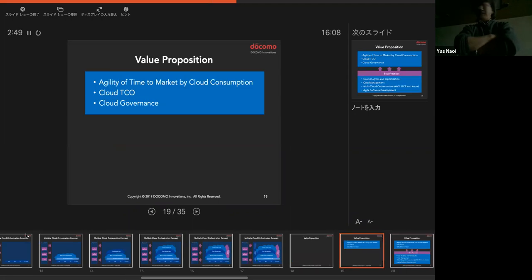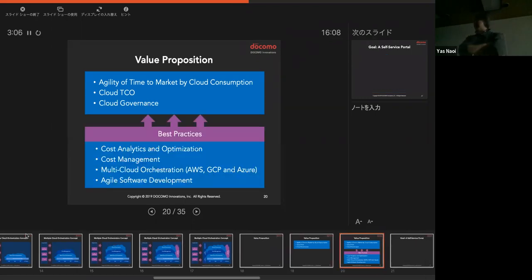And then the value proposition of the Cloud Orchestrator: Docomo is seeking agility of time to market by using the cloud. And we are concerned about the cloud TCO and the governance, as I mentioned.